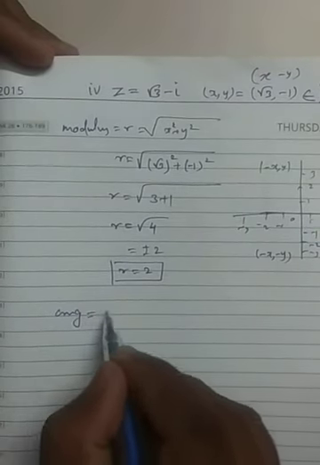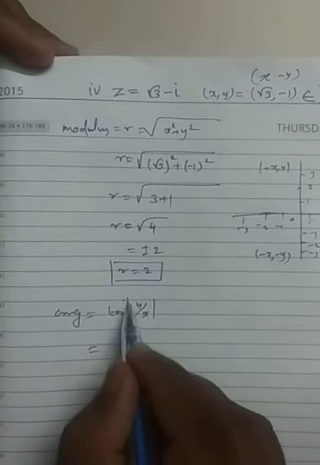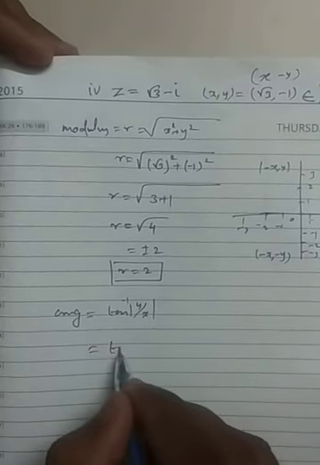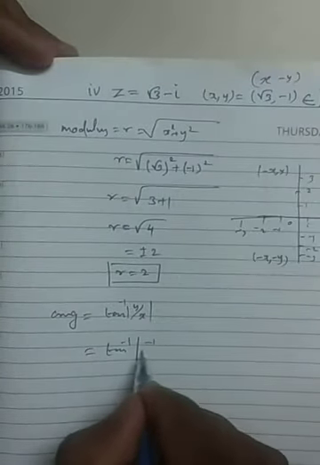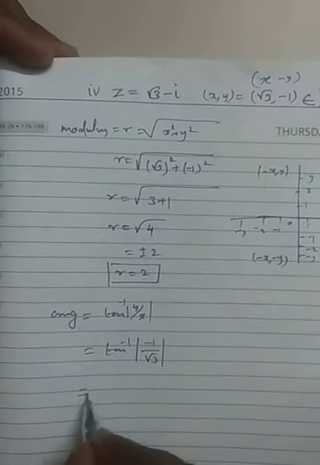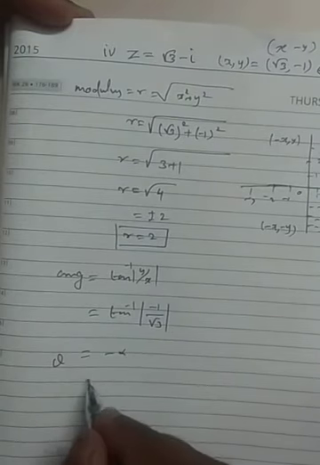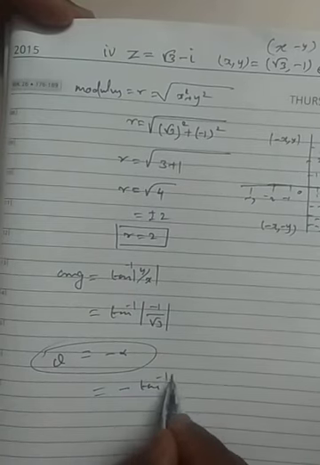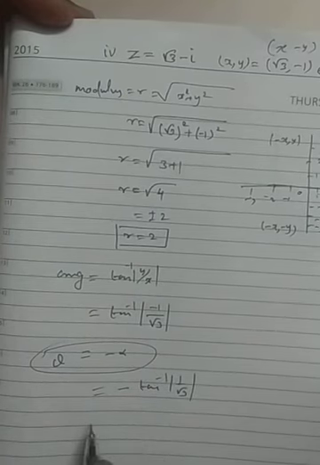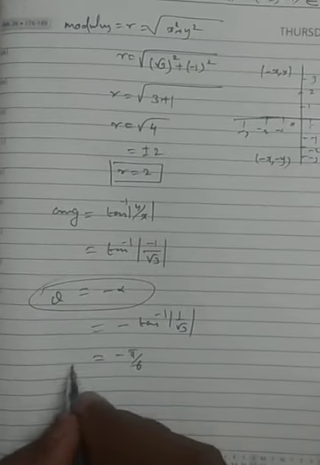Now again you need to find the theta value. The argument is nothing but tan inverse of mod y by x. So it will come tan inverse of the y value, which is minus 1, and x is root 3. So minus 1 by root 3 will come. Since it lies in the fourth quadrant, the theta value will be minus alpha. So you will write minus tan inverse of mod 1 by root 3. You know this is nothing but minus pi by 6, where this value is pi by 6, isn't it? Therefore the argument theta is this one, and the radius is this.